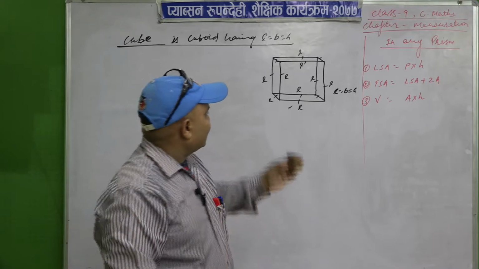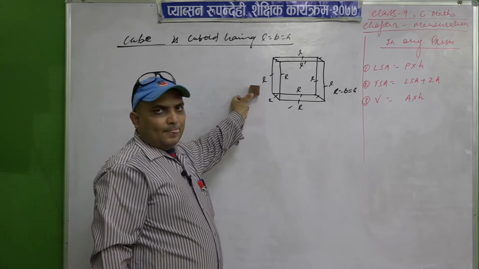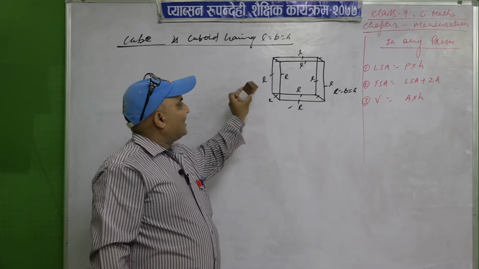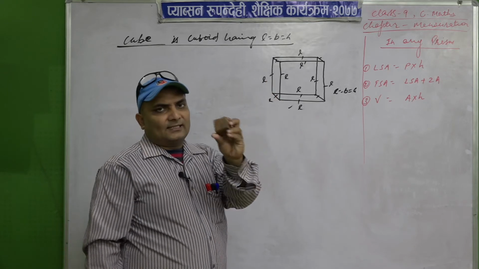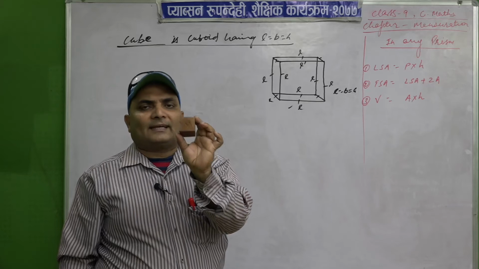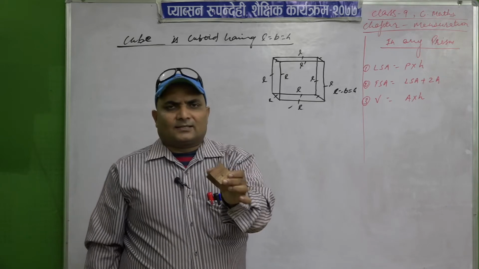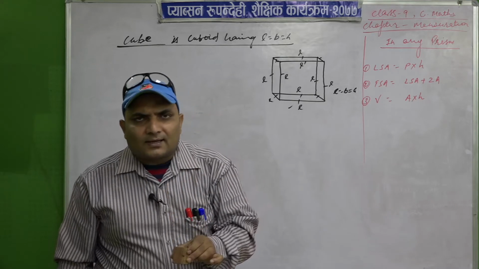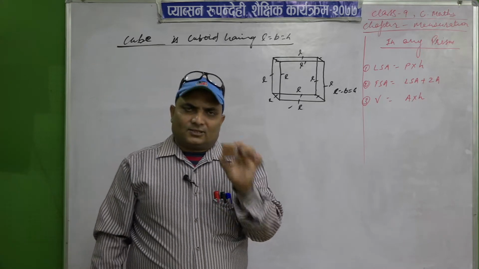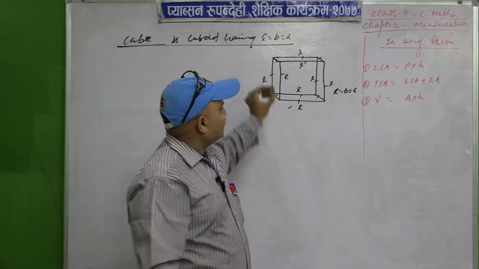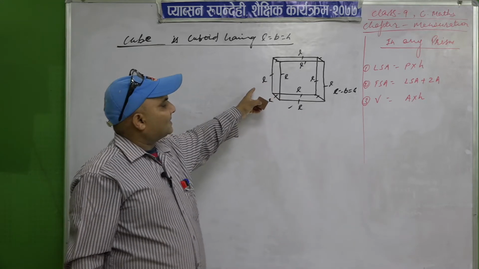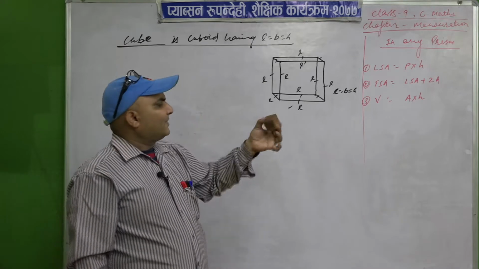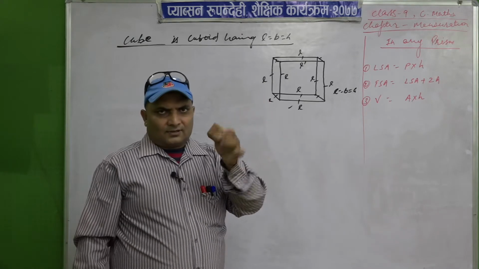This is the example of these figures here. In this figure also length, breadth and height are equal, and in this solid object also length, breadth and height are equal. We can say it is a rectangular prism or cuboid as well as a cube because all three are equal. So this is the figure of a cube. This is the real cube. The figure may be different from the real one.